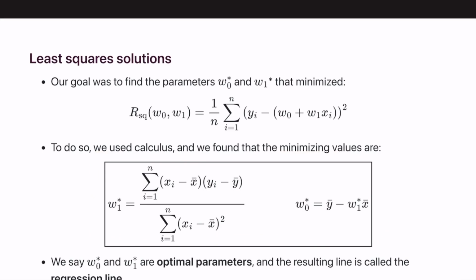And this is pretty cool. To reiterate, we have here the best intercept, which is our w star naught, and then the best slope, which is our w star 1. And how these things are determined,